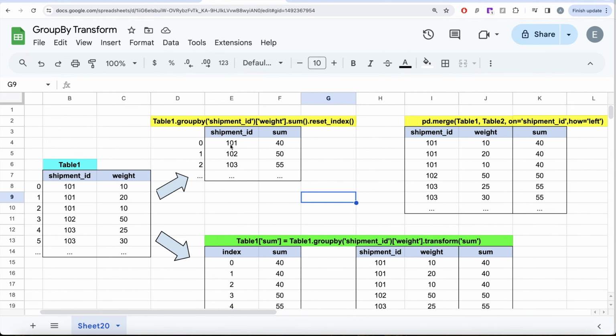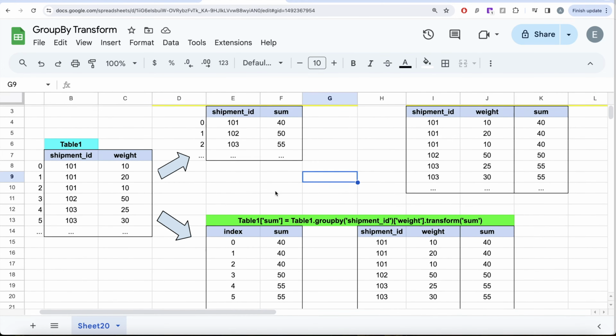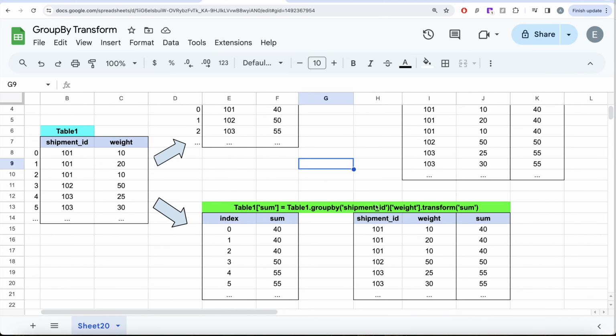Firstly, you group by to get the total weights for every shipment ID, then you merge that data frame into the original one to get the final output. But all these steps can be done in just one line of code. So there comes transform, right? So group by transform. What it basically does is,